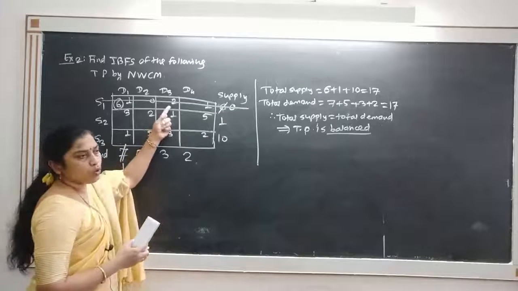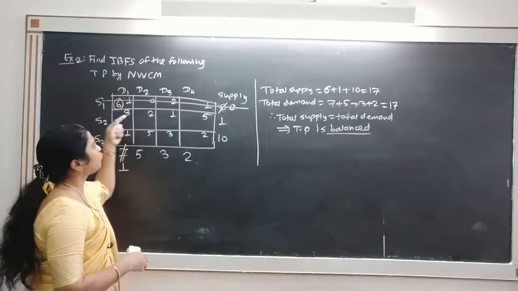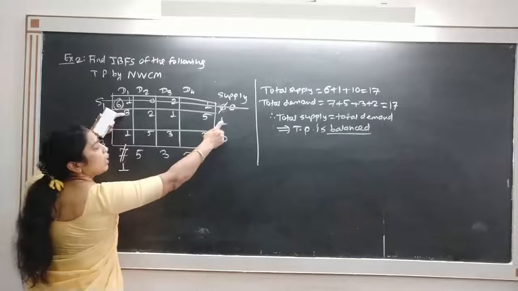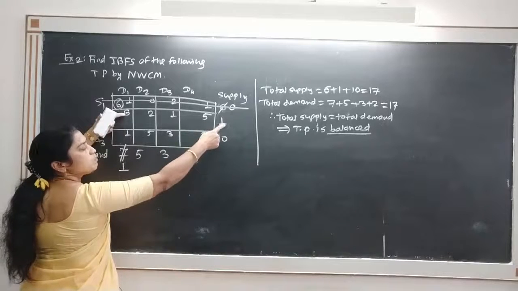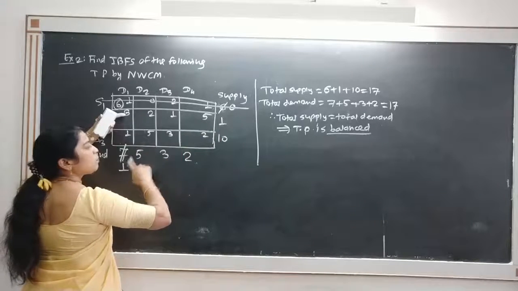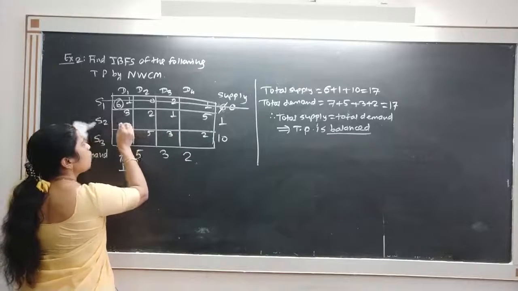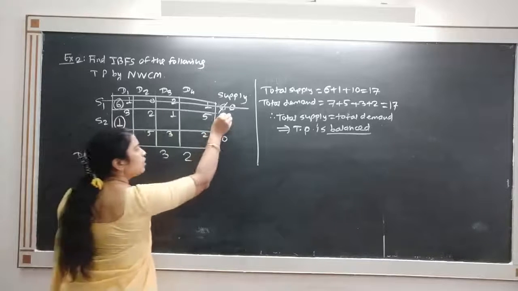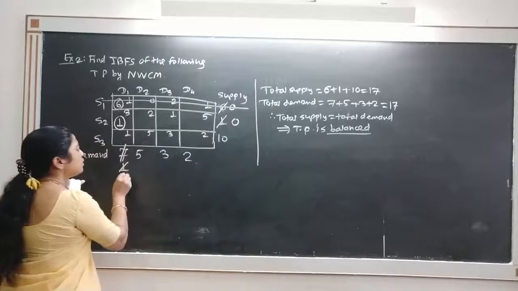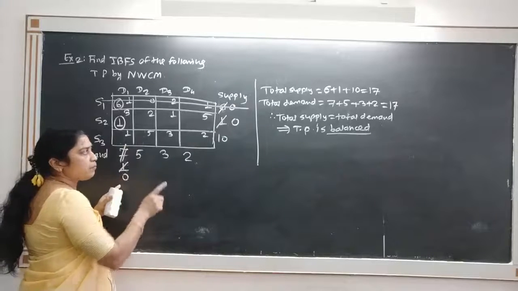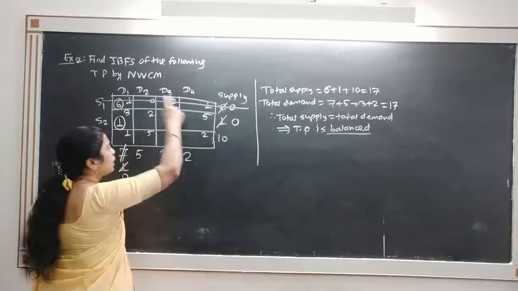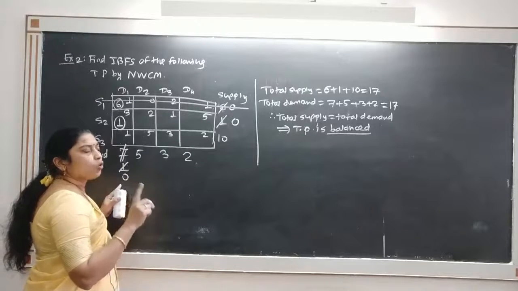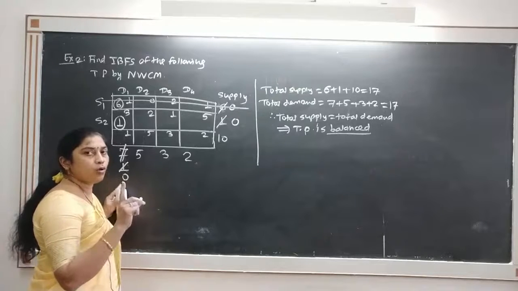Once we cross out the row, we have to move to the cell below, that is cell 3. To the cell, we allocate as much as possible, which is the minimum of these values. Both supply and demand are 1 and therefore we allocate 1 here. Observe that if you allocate 1 here, this also becomes 0 and this also becomes 0. That is, at the same time the row is crossed out and the column will also be crossed out because both become 0. In such cases, cross out only one, either row or column.